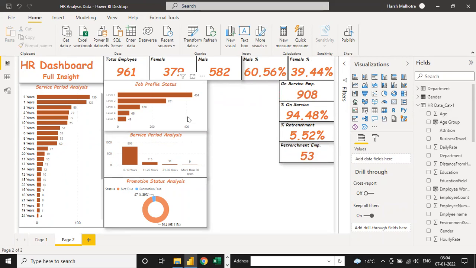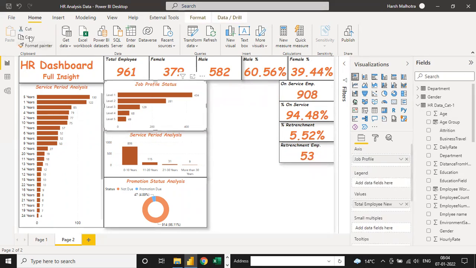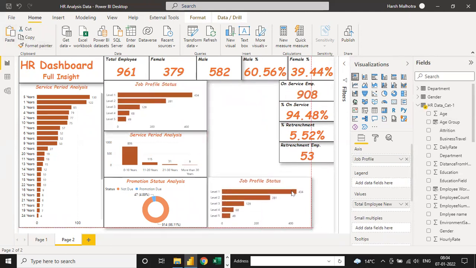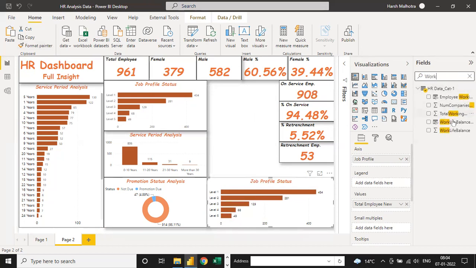And for the last example, if I click on this, copy and just paste it over here, select a little down on this page here. So what we have to write here is total calculate work-life balance.